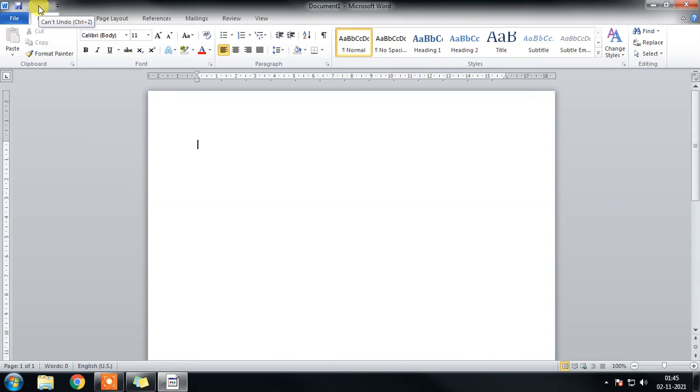To activate them, we have to start writing something in the work area. Now I want to make it bold, then I make one more change. I want to make it center, and then I change my mind, I want to place it on the right side.